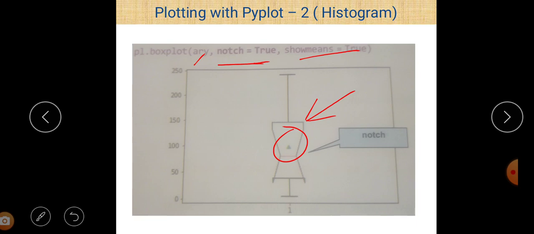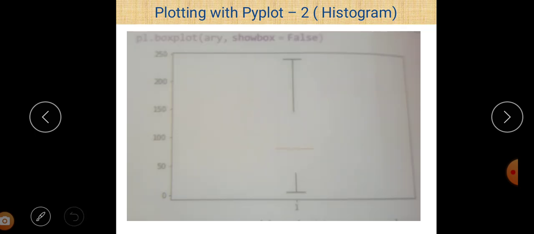So at least a data set value is to be given. After that, all these notch and show mean, these all are optional parameter values. If we don't give them, default values are considered in that case. So in this case we basically use notch is equal to true and show mean is equal to true. That's why our diagram looks like this here.